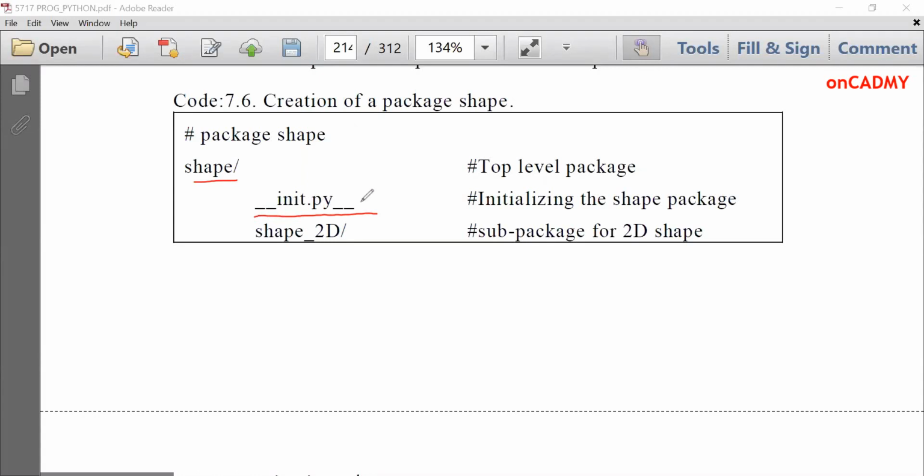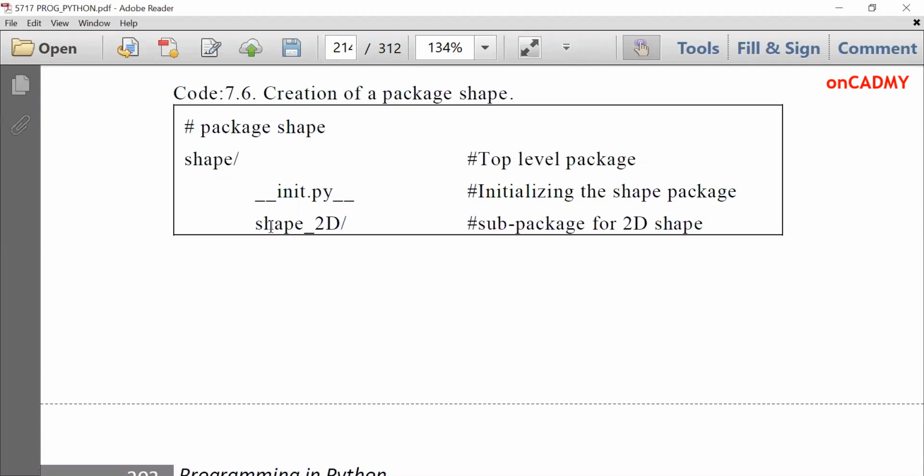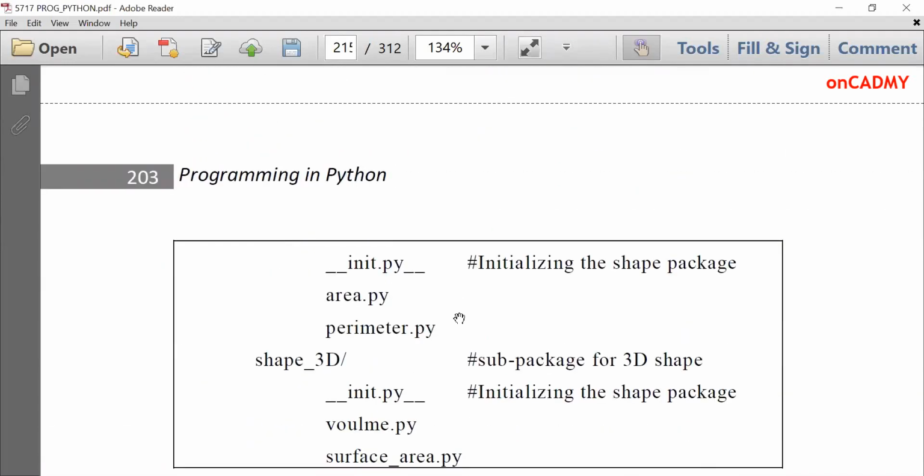And inside it, we are creating a subpackage shape_2D. And inside it, we are creating two modules, area.py and parameter.py, and initializing the package with __init__.py again. These are two modules which will perform the actual task.